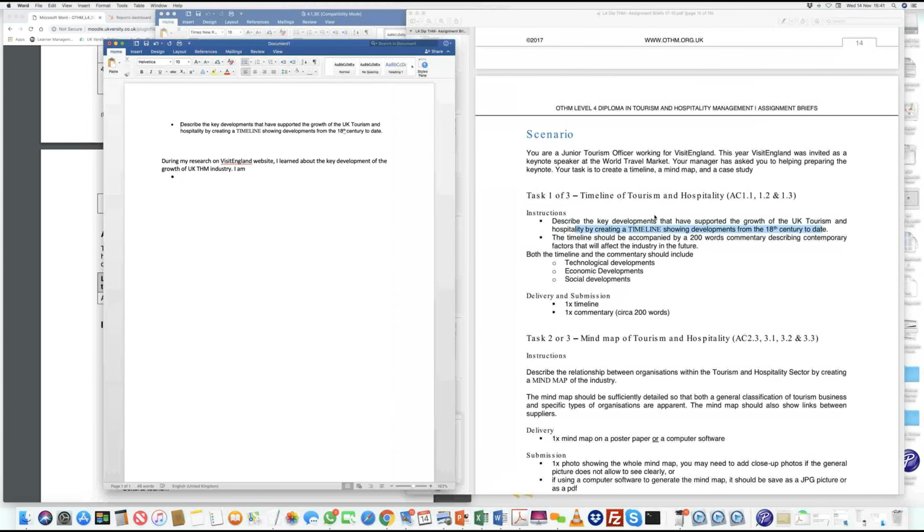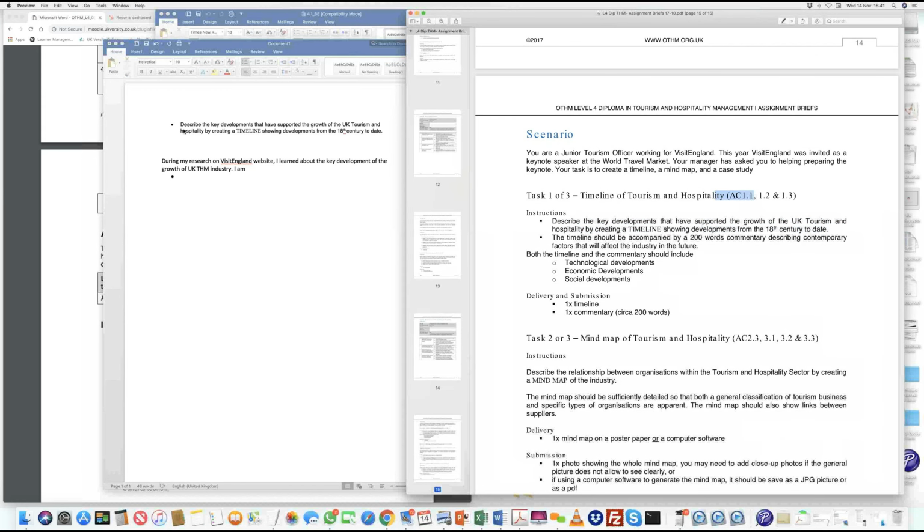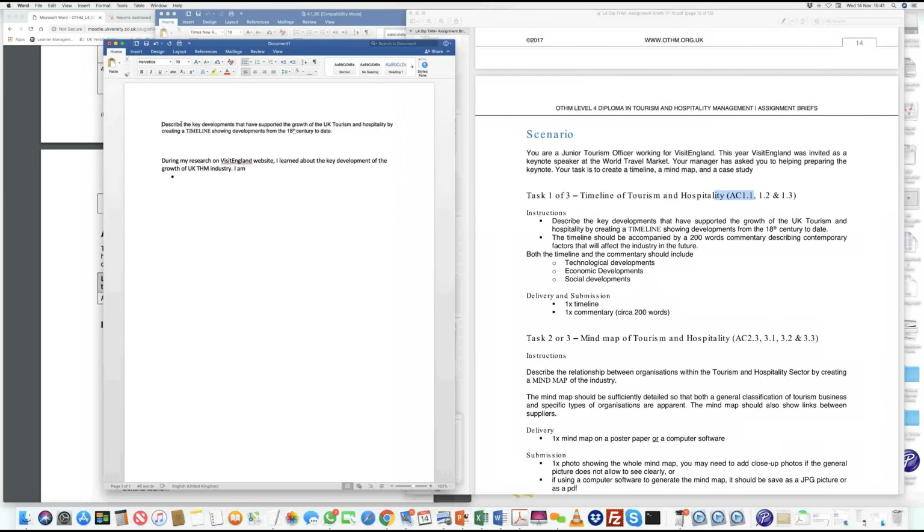So this is basically, if you see here, this is AC 1.1. So rather than put this, I'll put 1.1 here. And I know clearly that this is what you're doing for this task. Now, when you go into the second task, you basically choose this here, which says a timeline should be accompanied